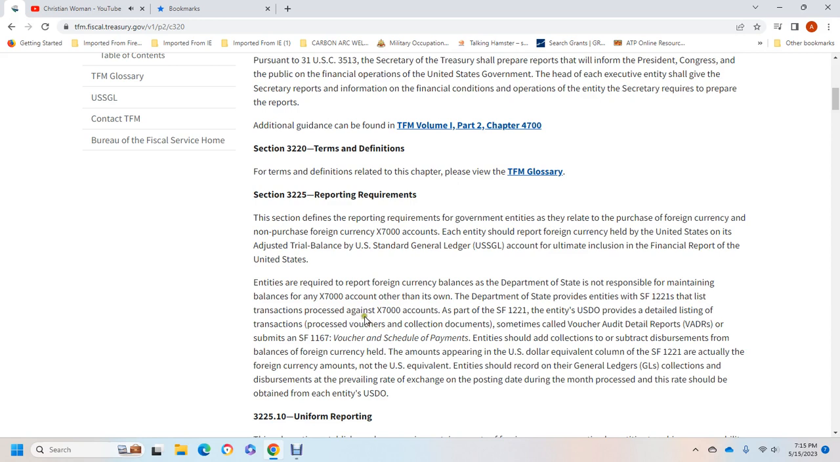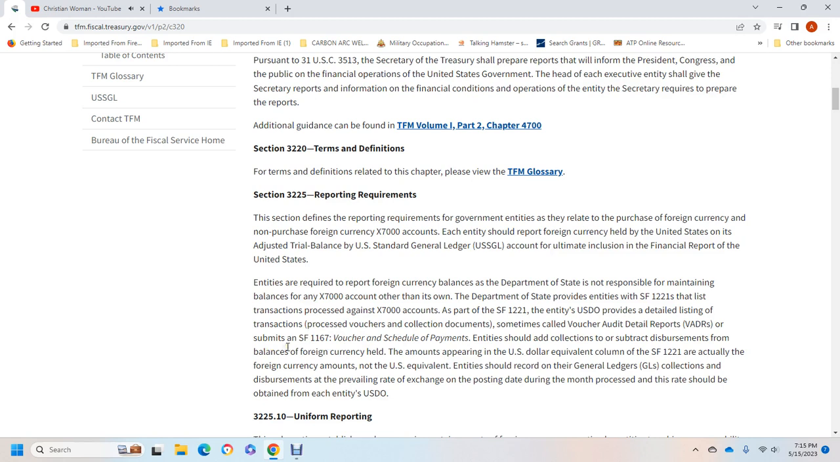This is the list of transactions processed against the X7000 accounts. As part of Standard Form 1221, the individual U.S. Disbursing Officer, USDO, provides a detailed list of transactions processed, the vouchers, and the collection documents. Sometimes the voucher has to be audited in detail, or Standard Form 1167 submitted with the voucher schedule for the payment. Individuals should subtract the collection and disbursement from the balance of foreign currency held,